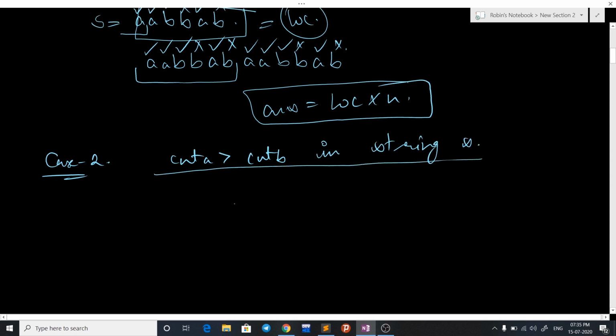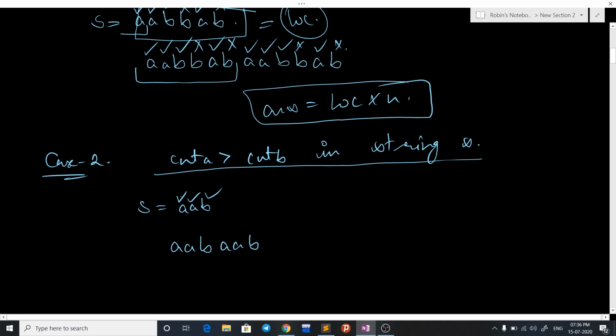Let's take a string like S equals AB. Now let's count the prefix when the occurrence of S is 1. So this is a good, good and good. Now let's see what happens if we take more and more S. So if we take S 2 times, now what happens in this case?